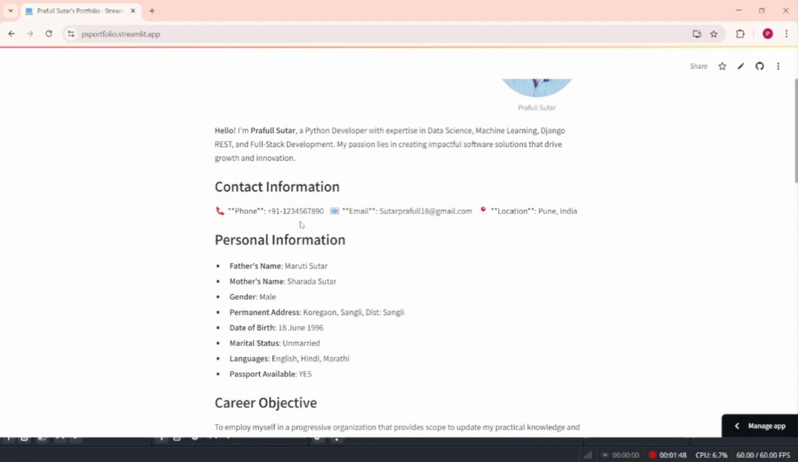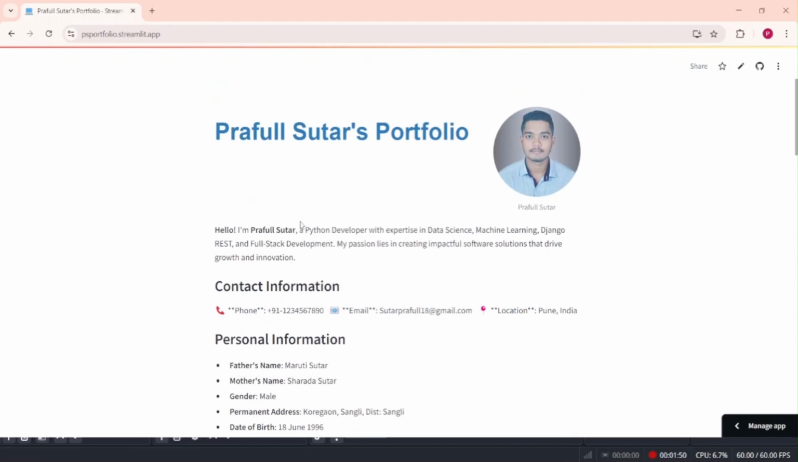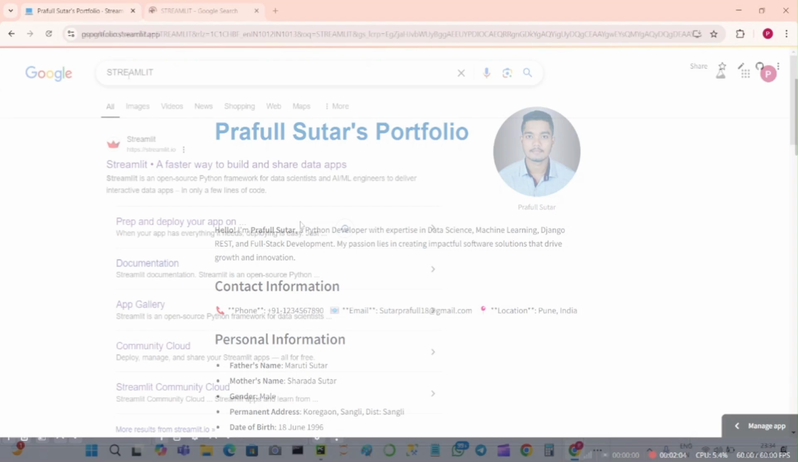First, Streamlit is an open source Python library that makes it easy to create and share beautiful custom web apps for machine learning and data science. It is perfect for creating interactive dashboards and web applications with minimal effort. Basically